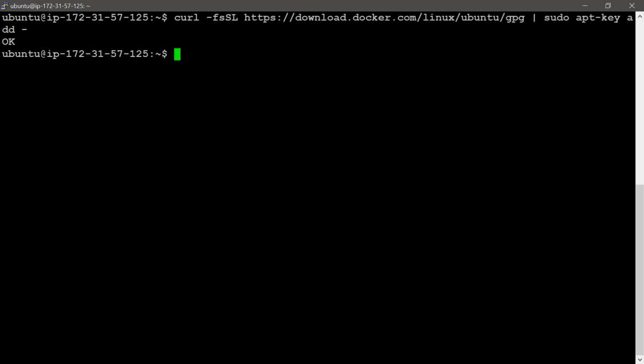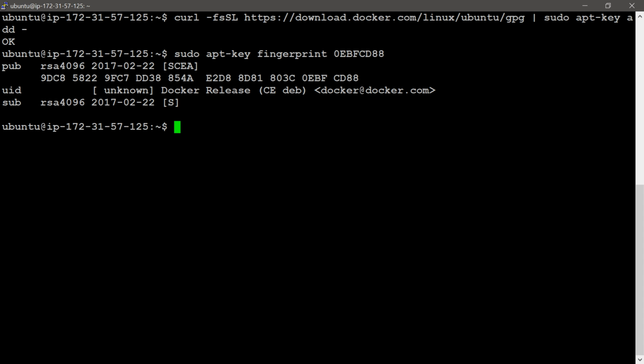Now I am giving one command, the fingerprint command. It verifies the apt key, whether this apt key is properly added to the repository or not. I will press Enter. Here you can see pub, uid and sub, three entries.